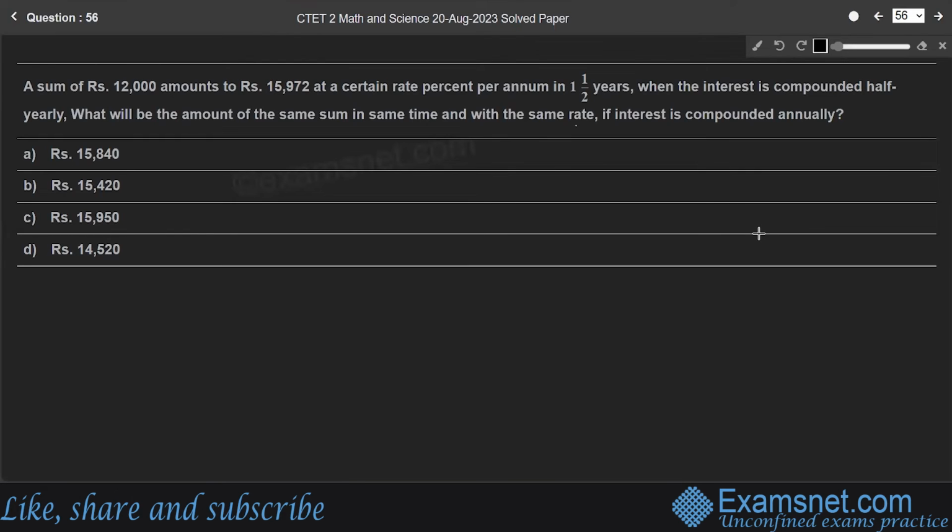Question 56. A sum of 12,000 rupees amounts to 15,972 at a certain rate percent per annum in 1.5 years when the interest is compounded half yearly. What will be the amount of the same sum in same time and with the same rate if interest is compounded annually? So here students, we have two scenarios. So in first scenario, we have interest which is compounded half yearly, right? Here in first case, interest compounded half year,